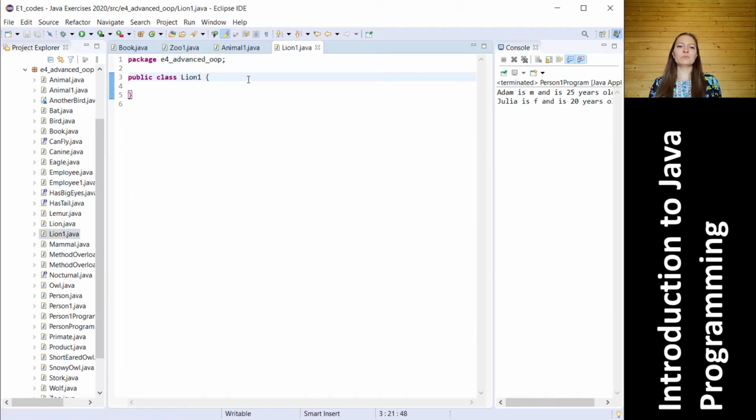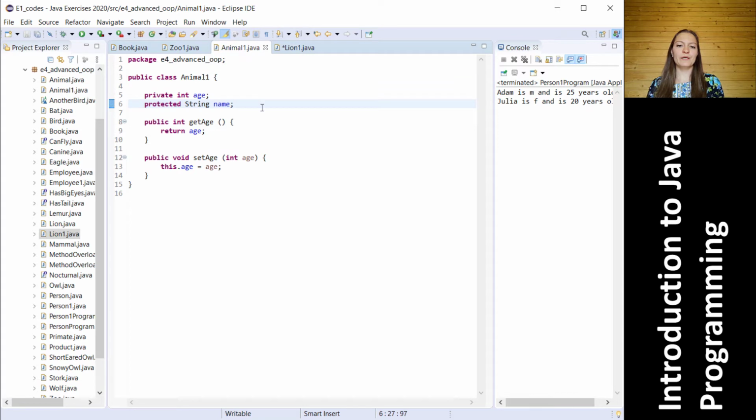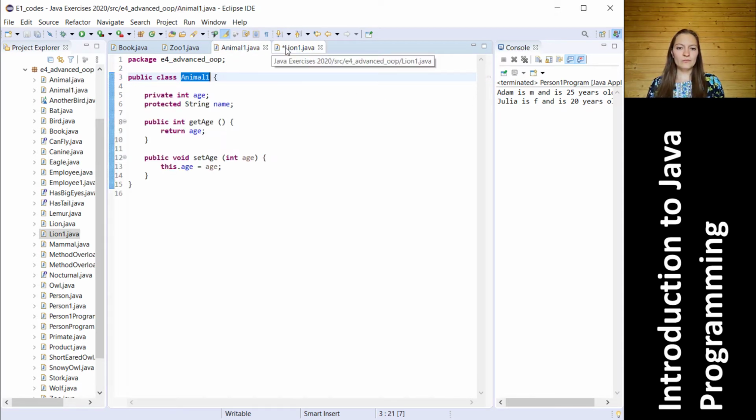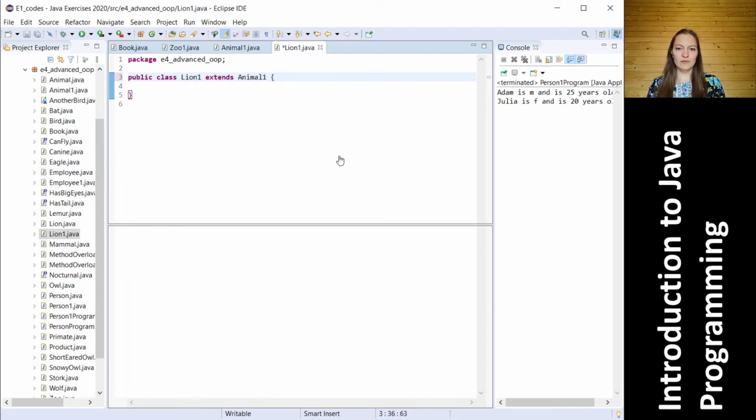And when you want to specify that one class inherits from another class, then you are using the keyword extends, and after the keyword extends, you are writing the name of the class from which your class inherits. So this is animal, and we are putting this name here. And this means that automatically all